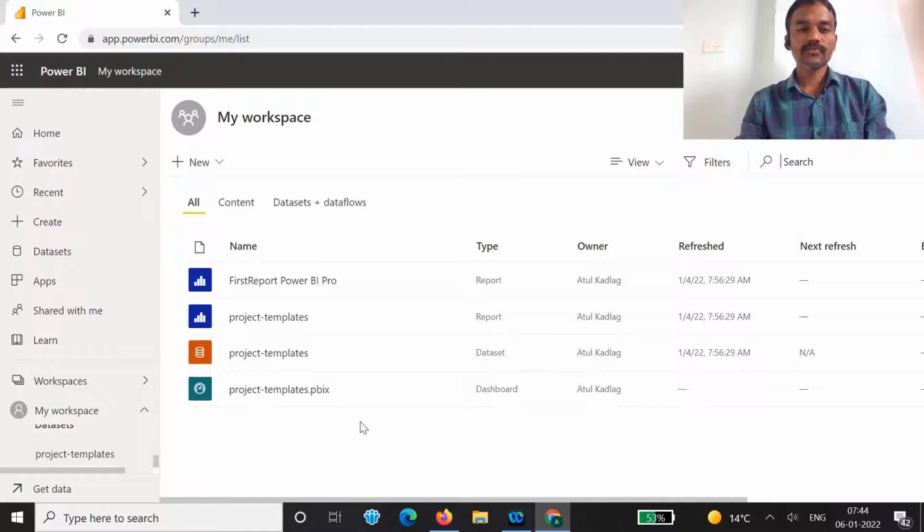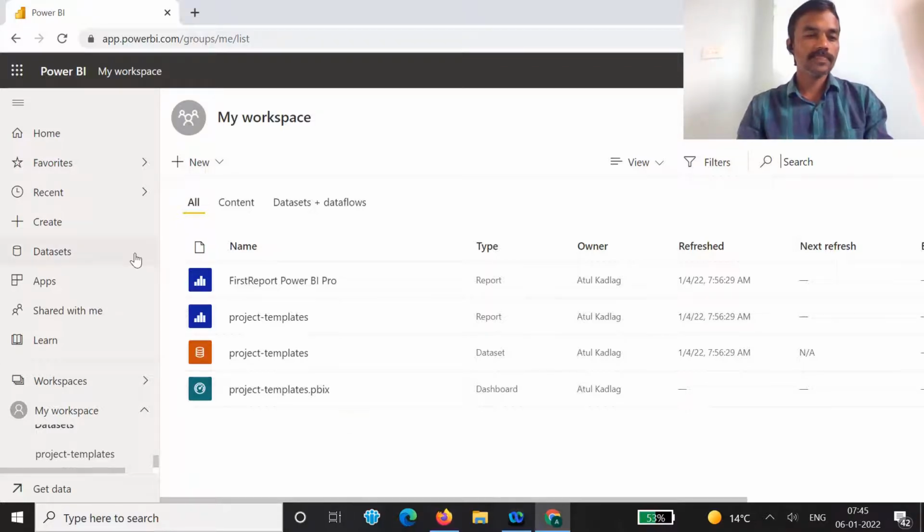Basically, a dashboard is a way where we can present our data at a higher level, or at a summary level. We can say a report is basically the detail level of the data. Dashboards we can show to executives or managers, where they want to see important data at the higher level. And if they want to go into deep detail, then we can have the report view where we can show the report.